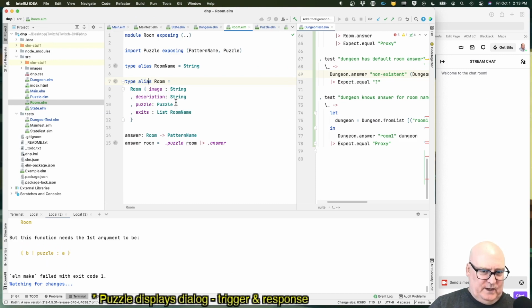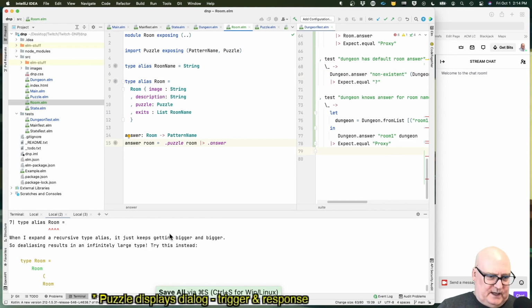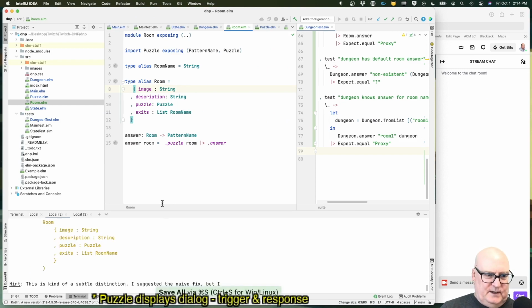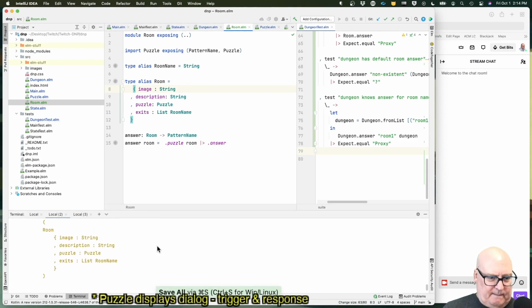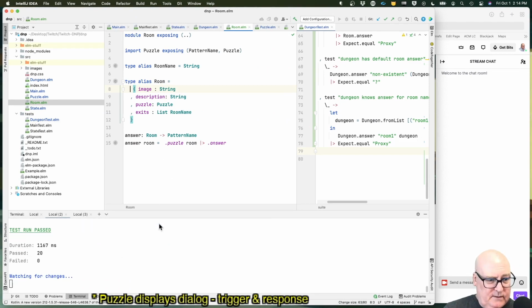It's a little weird, this recursive thing. And are you blowing up over here? Let's see. Yeah, okay. Recursive type, it gets bigger and bigger. Okay, it shouldn't be like that. All right, so type alias room equals, wait, okay, there we go. Space is a little off. Okay,